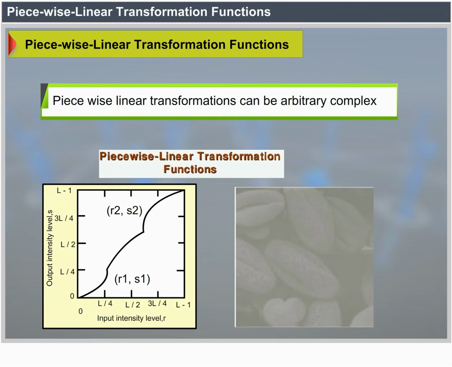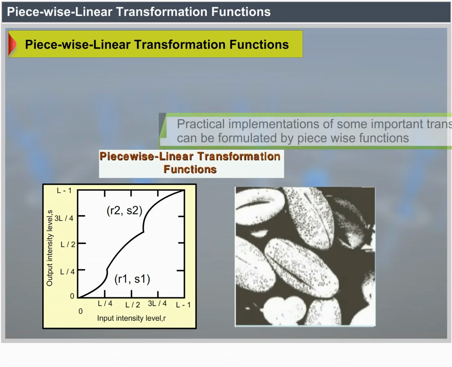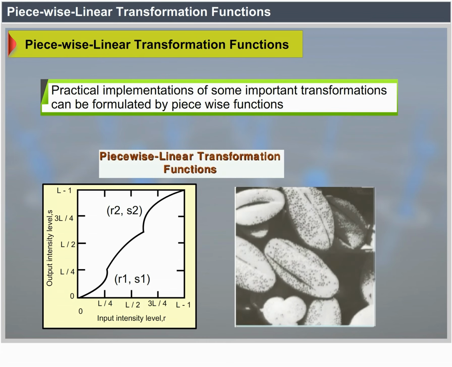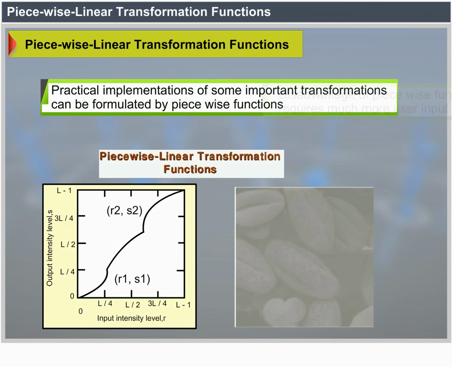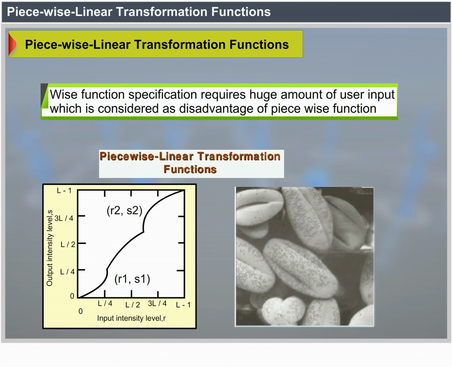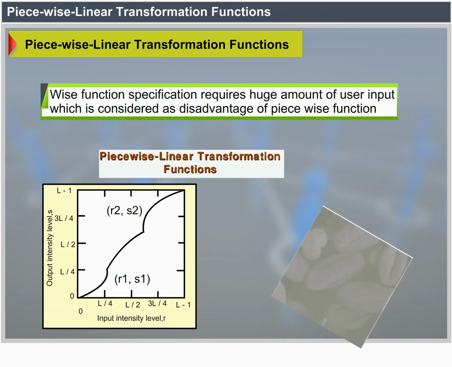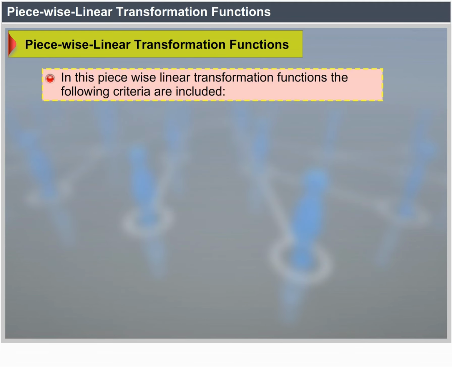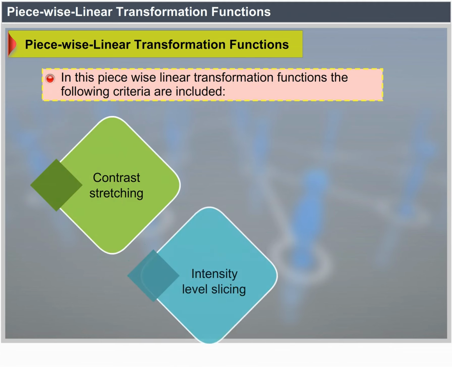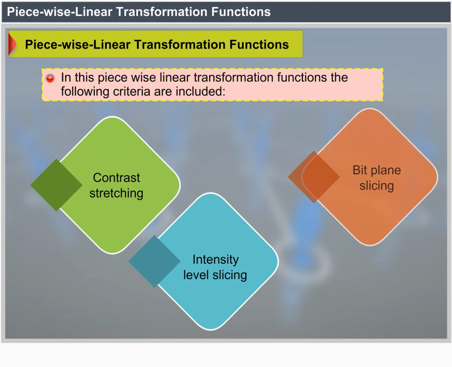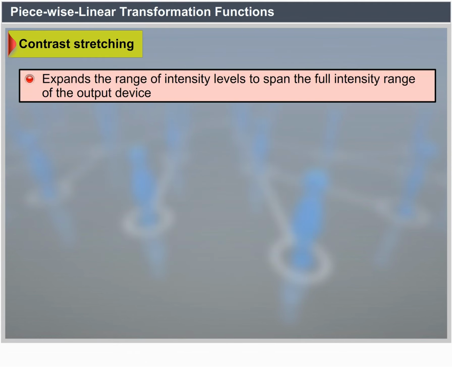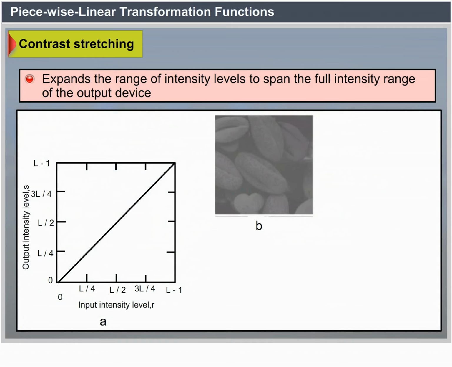Contrast stretching expands the range of intensity levels to span the full intensity range of the output device. Form of the transformation function; low contrast image. Special case: r1 = s1, r2 = s2. Linear transformation, no change in intensity values. Result of contrast stretching: r1 = r2, s1 = 0, s2 = L-1, and these are thresholding functions,